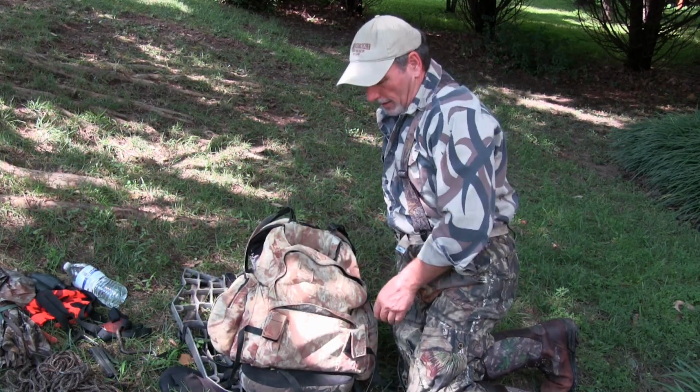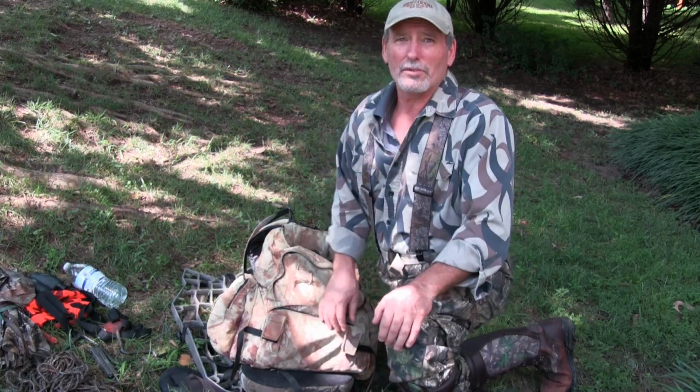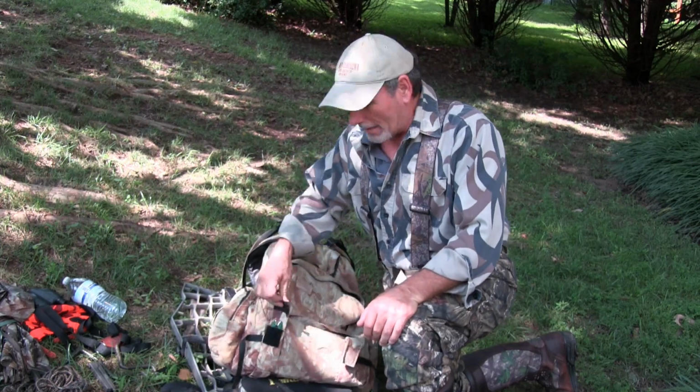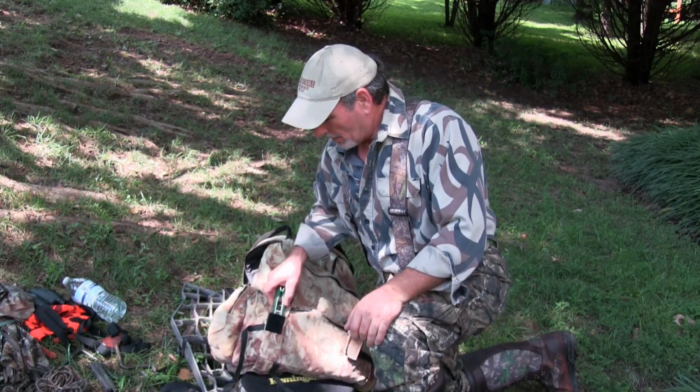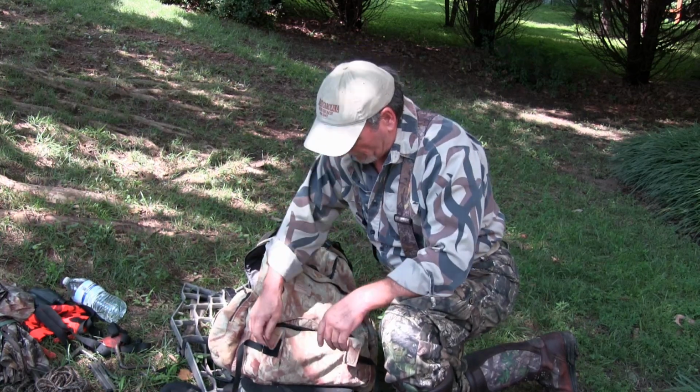I didn't put it in here yet, but I usually have a lighter right here. If you've ever been lost in the woods, a lighter can be really effective. I know for a fact, because I've had to build fires in the night to keep from being cold. There's a set of small pruners, in case I were to need them, that fit right in that fancy little